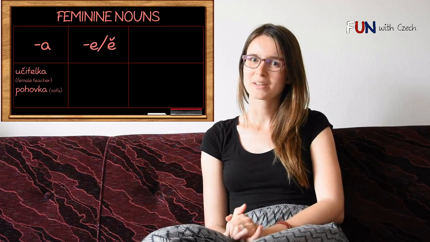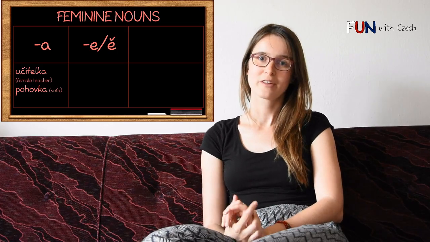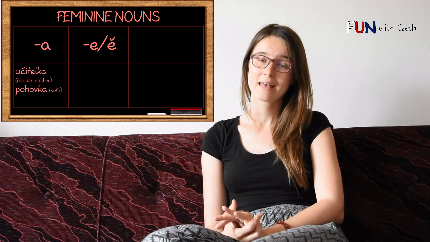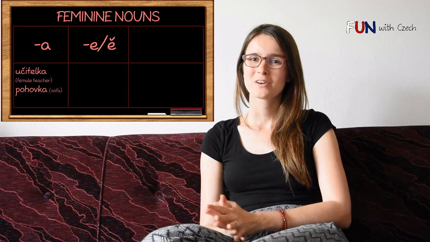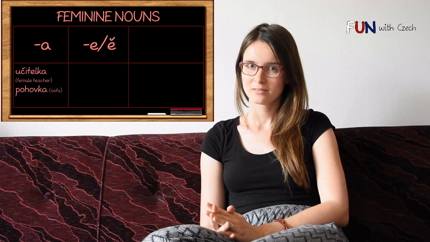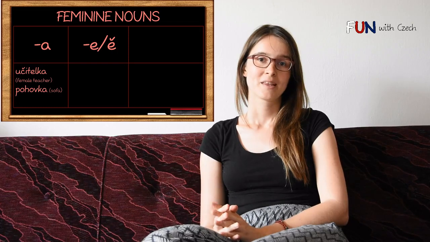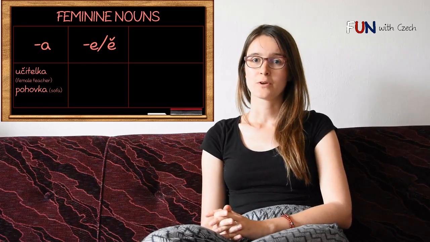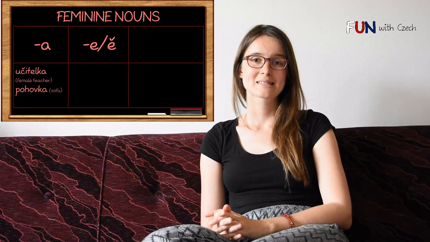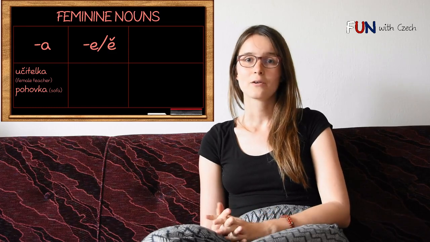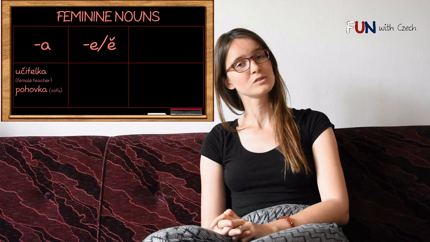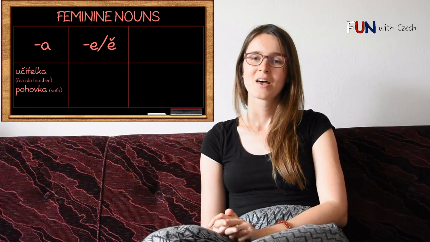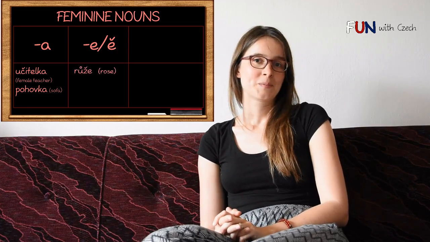So we have to be really careful in the group of the ending e or ě, because those words could be either neuter or feminine. Some examples of feminine words ending in e or ě could be růže, a rose is feminine, or some people